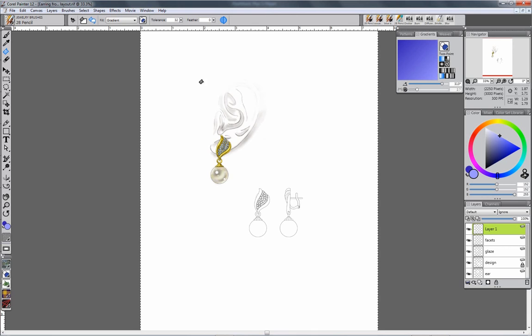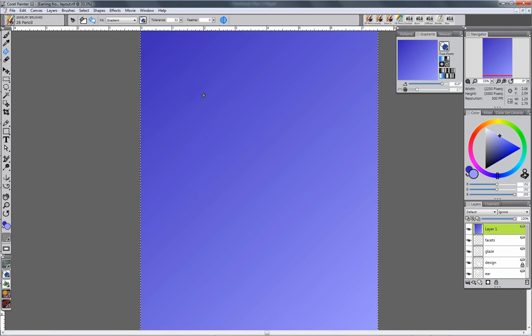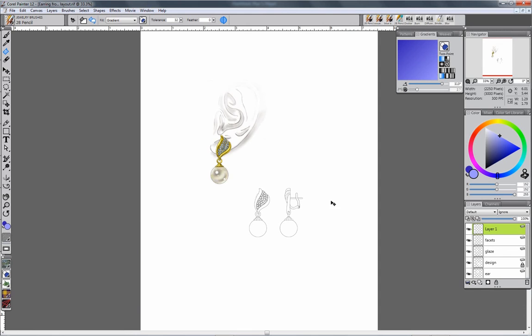Like so. Okay. There's my gradient. Okay. I want to gel it. Once I go gel, I'm going to have this kind of a streaking, which I don't want. I want to see if I can get rid of that by